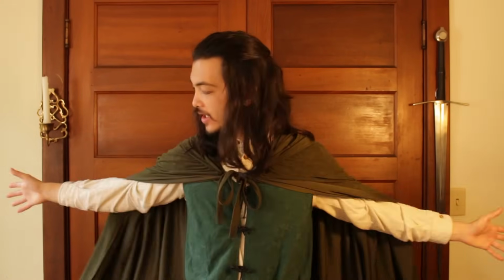Now, the problem that I have encountered and seen other people encounter with cloaks of this style is that in order to have a full range of motion with your hands, you actually have to fold the cloak back over yourself. Now, this isn't too bad, but you'll see that when it's fully down, I have to talk a little weird in order to get it. You know, it's not awful, but if I were to put the entire weight back on my shoulders here,